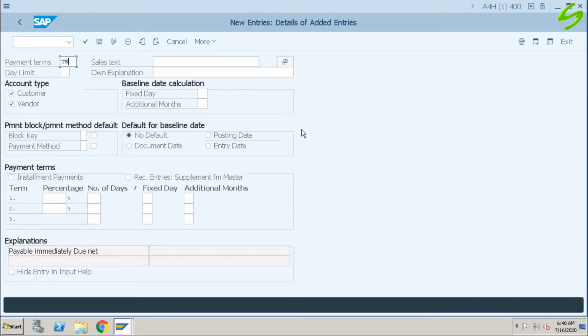For example, TST1. Test payment term for ABC. So this is the sales text which we can give, and this is the day limit. We will learn more about day limit later. You have account type, it can be for customer, vendor or both. We have baseline date, fixed day, additional months, and in payment block we have block key, payment method, default for baseline date, we have no default, posting date, document date, entry date,